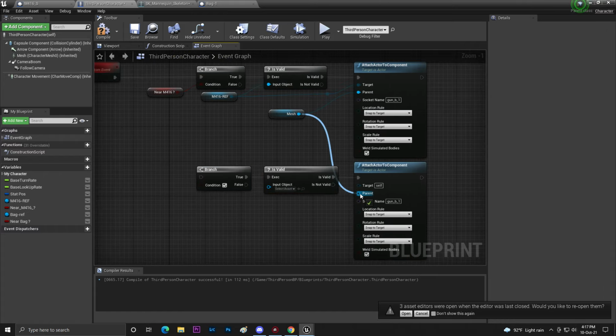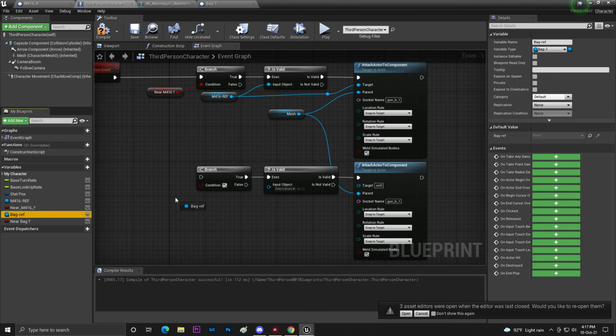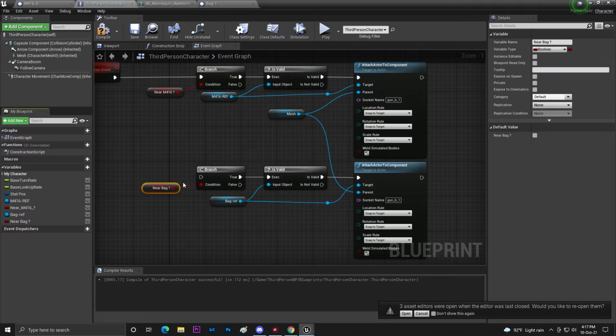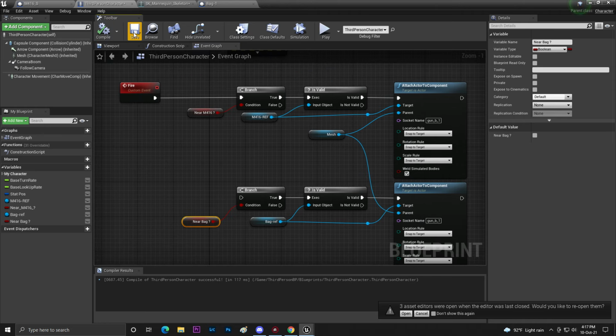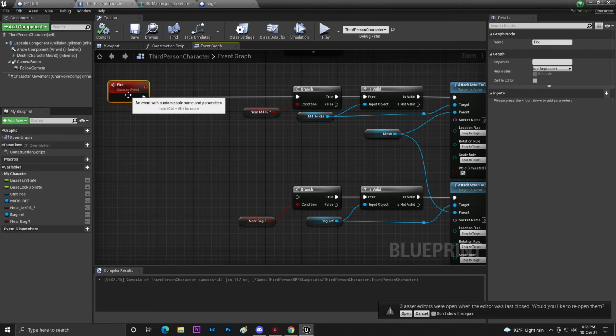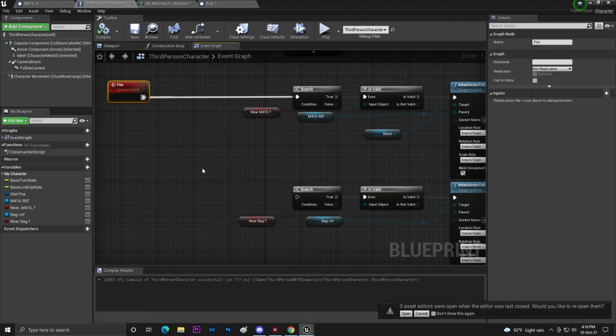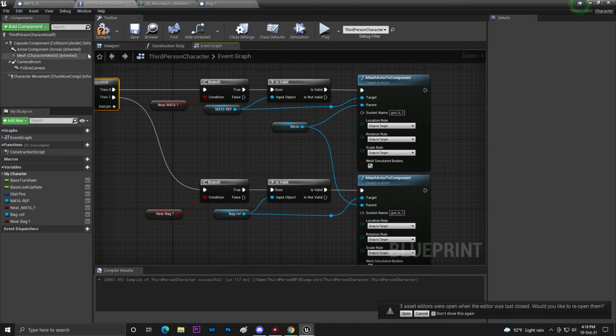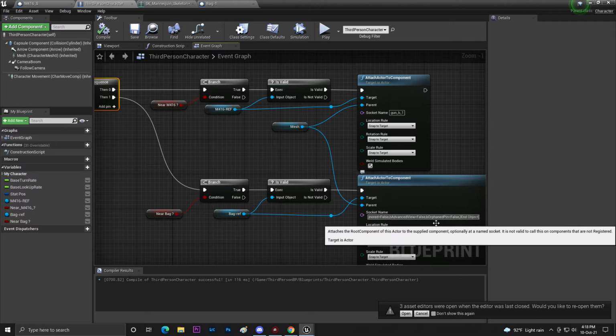So we'll set our parent to mesh, and then the backpack will be get and connected with this thing. For the target it will be like this, and for the boolean it will be like this. So here we'll verify that, so we can use a sequence, so we can basically do multiple actions at the same time. If you are near that bag also, it will be picked. If we are not near that bag and AKM, it will only be the M4 that is picked. So now we need to just paste here the bag stock name,